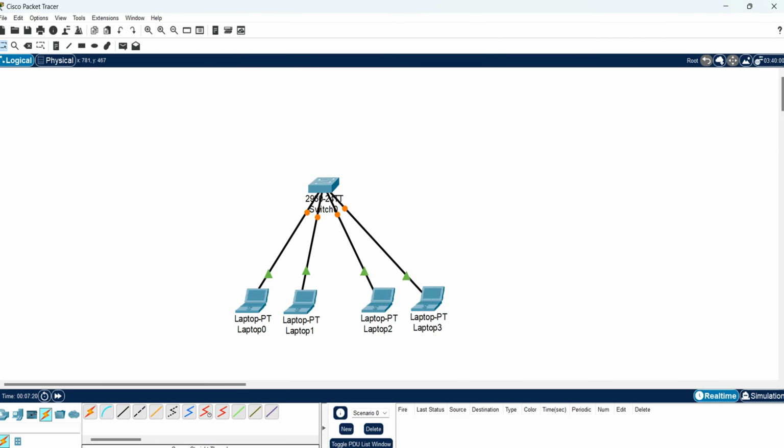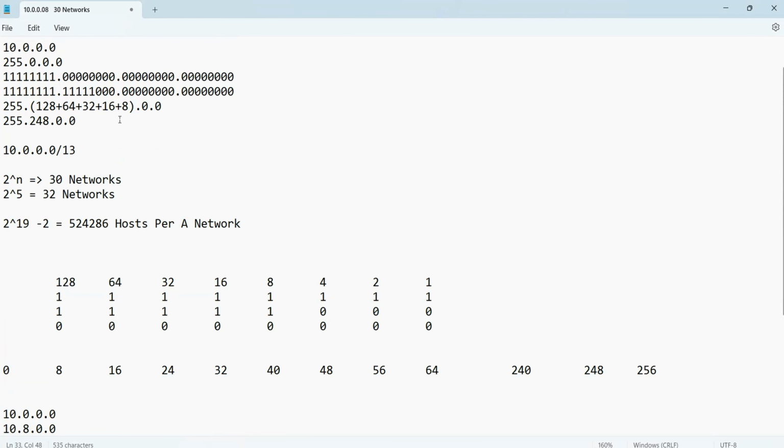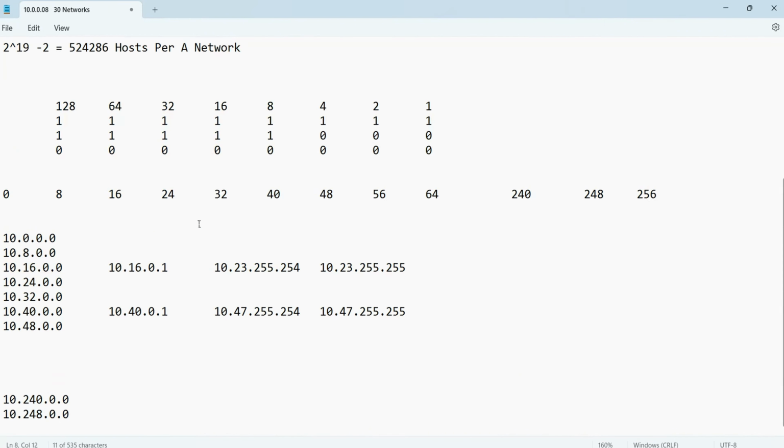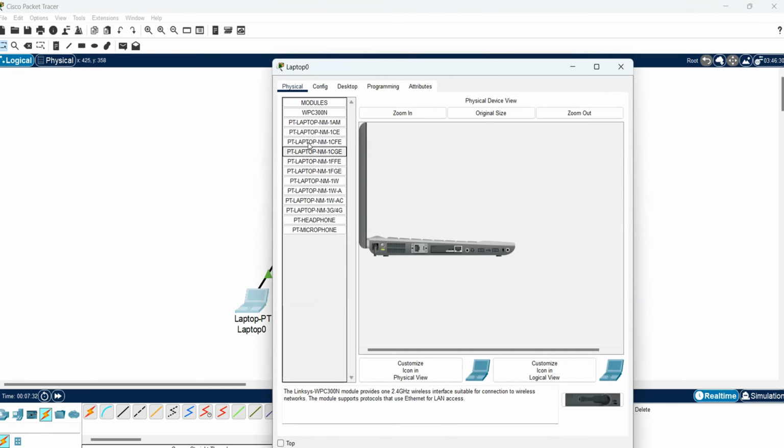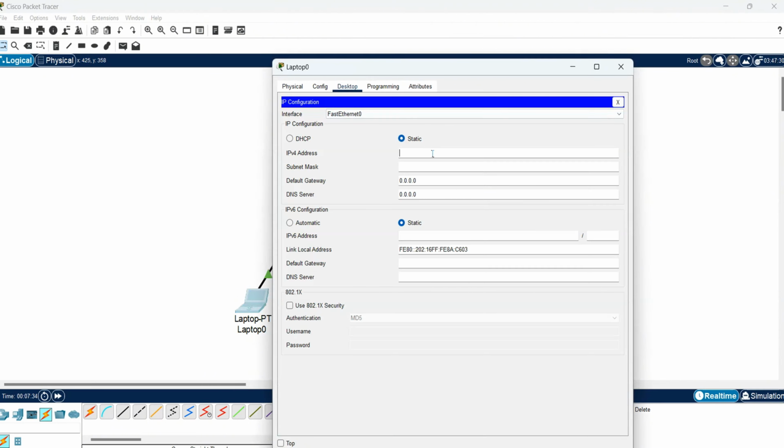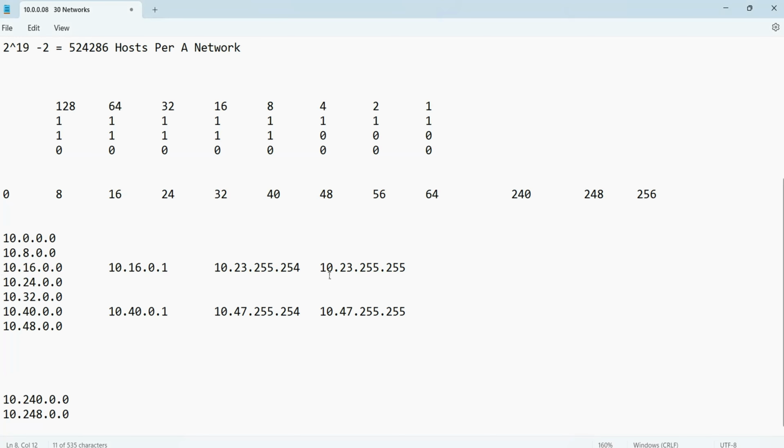Okay, so what I want to do is go back over here and I can see that this is the actual subnet mask, 255.248.0.0. All right. So I'm going to put 10.16.0.0. Watch this. 10.16.0.0. It works, but I have to change this to what? 248.0.0. And now it's going to fail. Why? That's a network ID. Okay, let me try to put the broadcast, which is